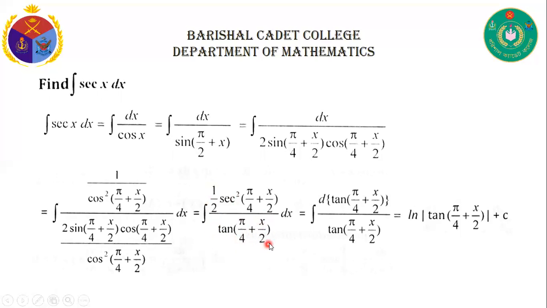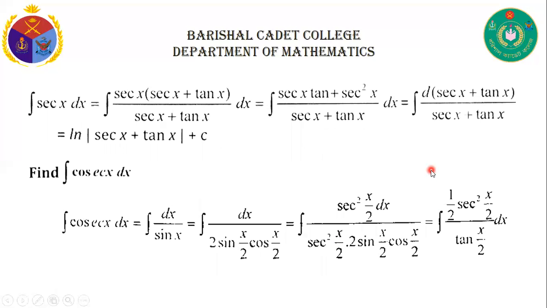So actually it is f of x, and this is the differentiation of f of x. So again we have the formula: the integration of 1 by f of x dx. So that is ln of f of x, ln of tan of pi by 4 plus x by 2, plus c. Boys, understood? Okay, now carry out the next